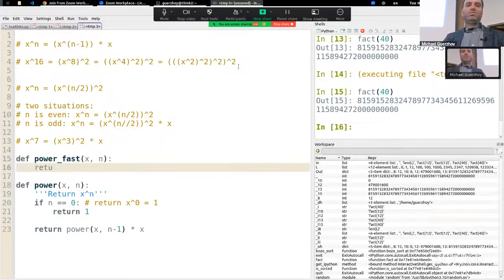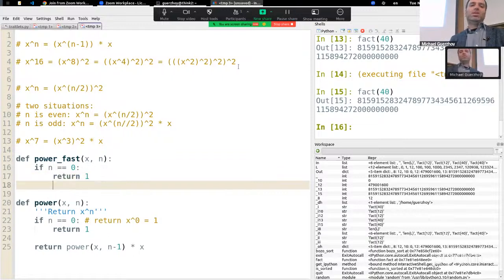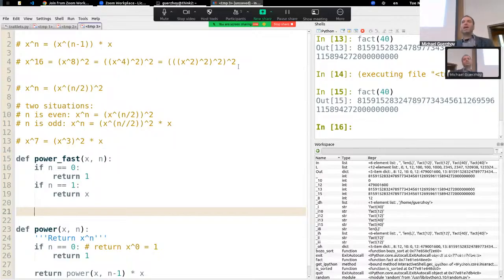So again, we need to return 1. We also will come back to this, but we also need to return x if n is 1. And now that we're done with it, we can say, okay, all right. Is n odd or is n even? So we'll say if n is even,